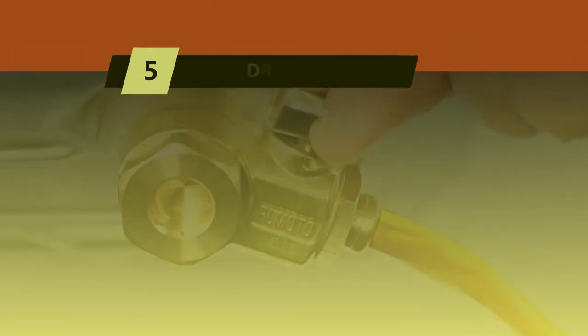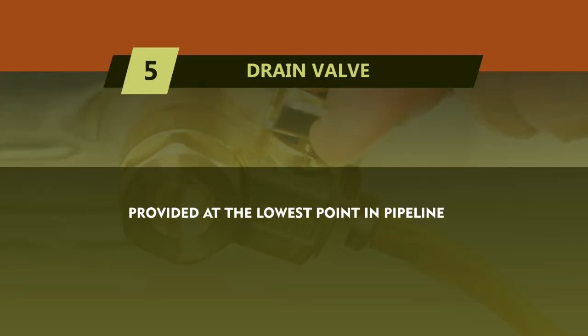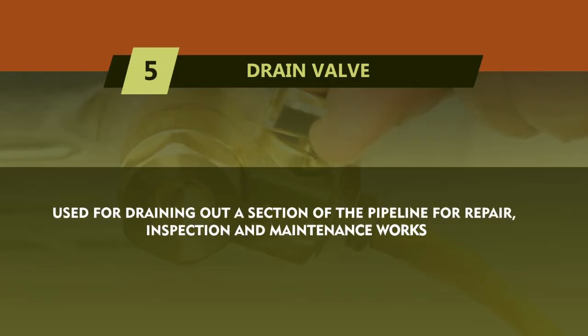Drain valves. These are also known as cover valves or blow-off valves. The purpose of a drain valve is to remove the water or to drain the water from a pipe section. For this purpose, they are provided at the lowest point in a pipeline network so that gravity outflow of the water can take place. If we need to drain out a portion of the pipeline for maintenance or inspection purposes,